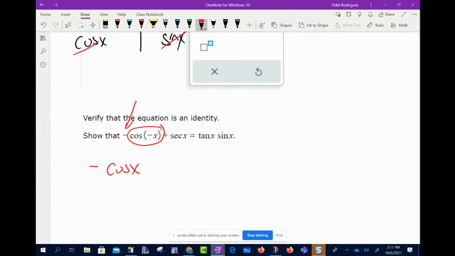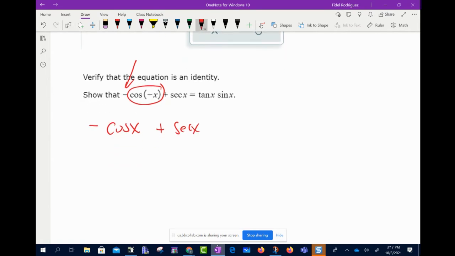But what did I have in front of it already? So I got to keep it there. Plus secant of x, okay? All right. First thing I'm going to do, y'all, I'm going to think about this as negative cosine of x over 1 plus, can I think of secant as 1 over cosine x? Okay. Now, if I want to get these two together, do y'all agree that we need to get a common